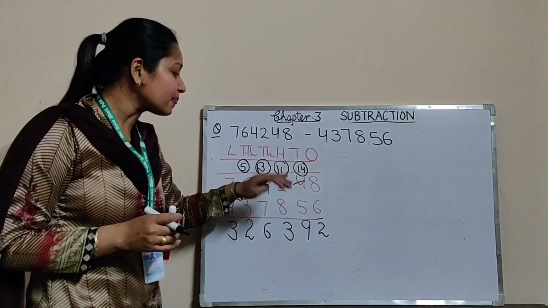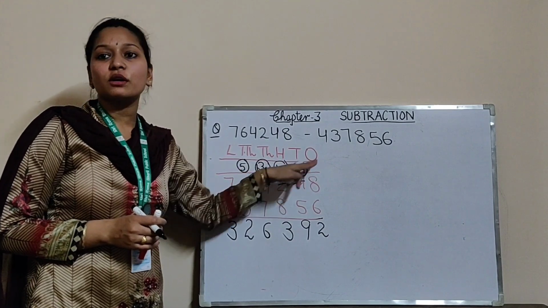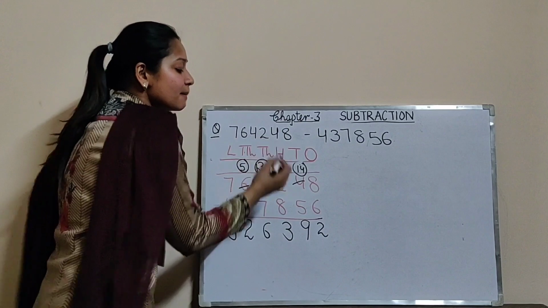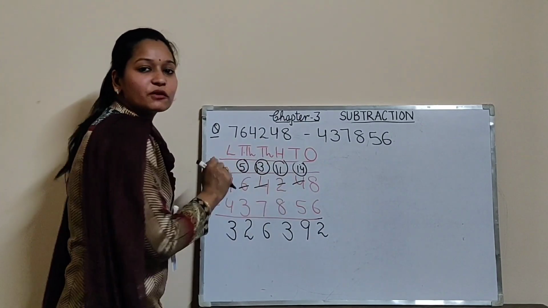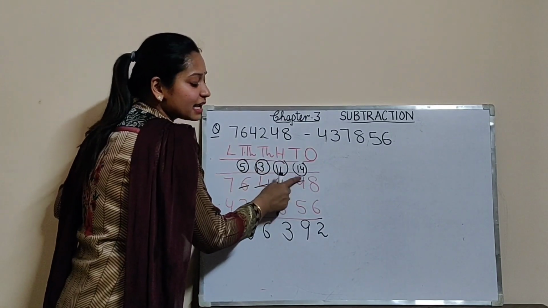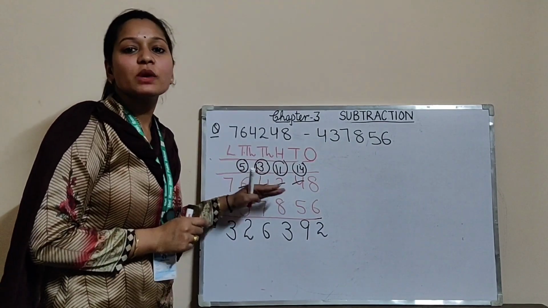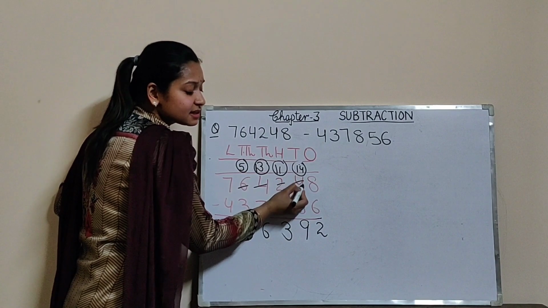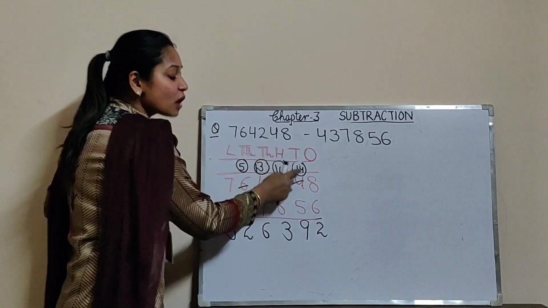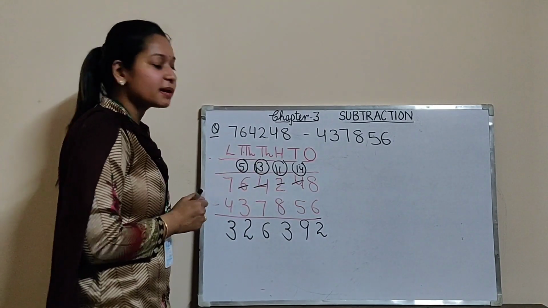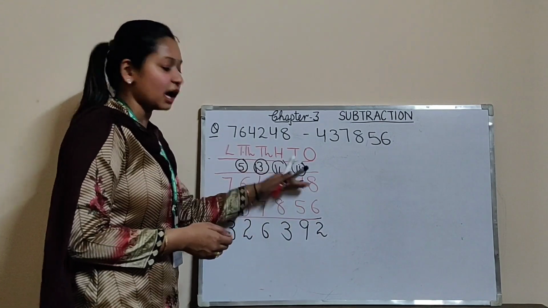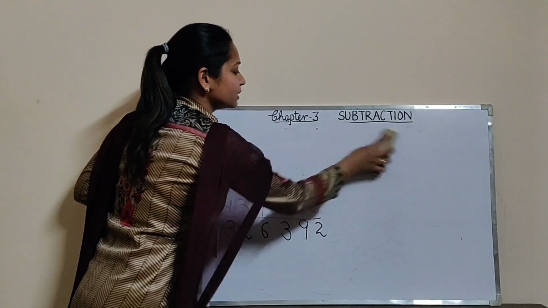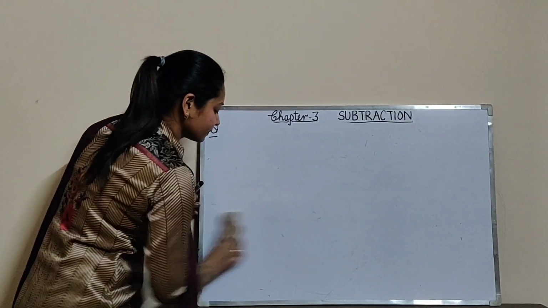So can you see one thing, that above every number I have circled the borrowed numbers. Why? Because there would be no confusion. I have different colors of pens now, so you can see easily. But when you are doing it in your notebook, I will not be able to make out whether this is a number or a borrowed digit. So every time, write the numbers which you have borrowed from another place. Clear? The last simple question which I am going to tell you is a very small question.